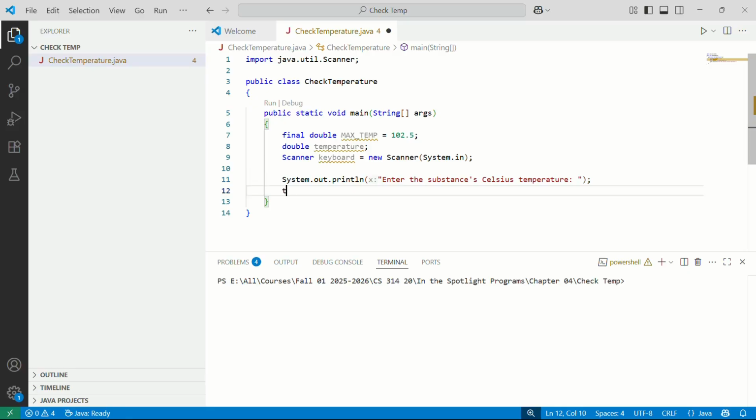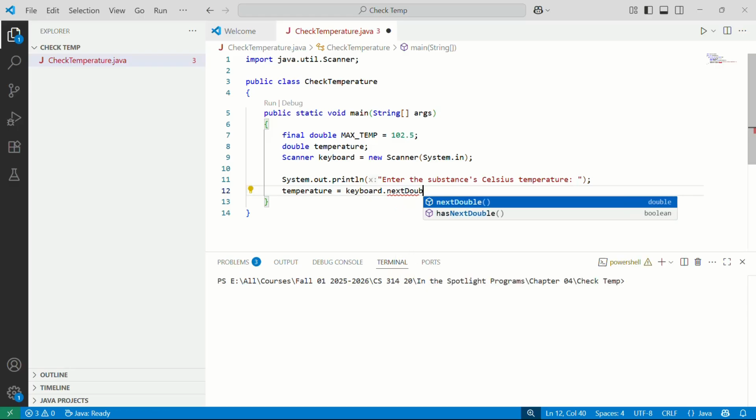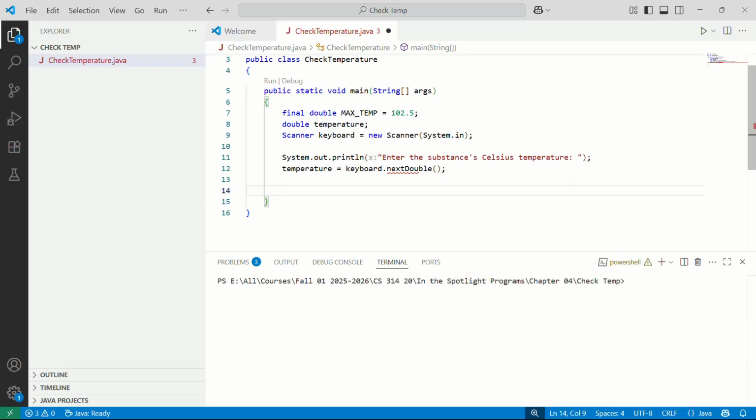Okay. And then we'll do temperature equals keyboard.nextDouble. Okay, then we'll do our while loop. So while our temperature is greater than our MAX_TEMP,